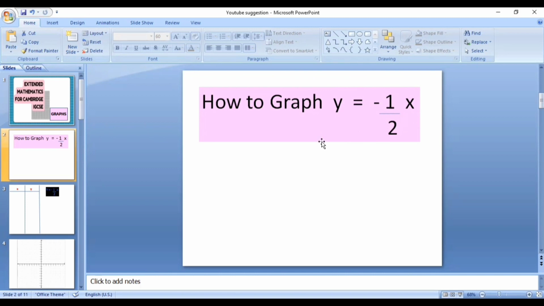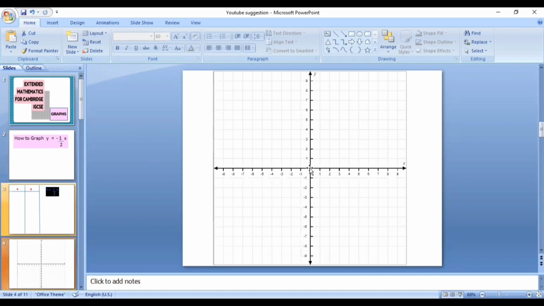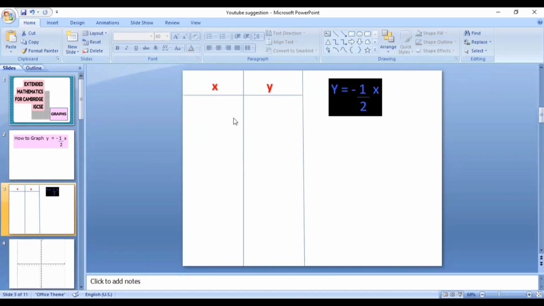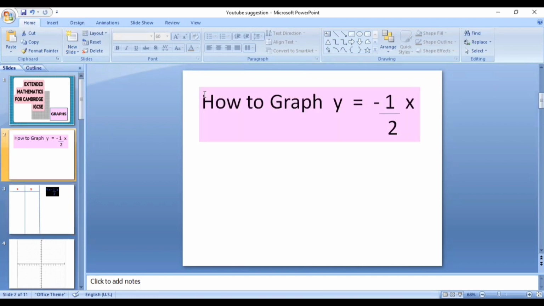If I want to plot or graph the given equation, how am I going to take the numbers for x and y coordinates? The first point you have to take on the graph is 0. This is a point where you can get the first point, and the rest of the points we are going to consider. Our first point we know from the equation, here the y-intercept is 0, because our slope-intercept equation is y equals